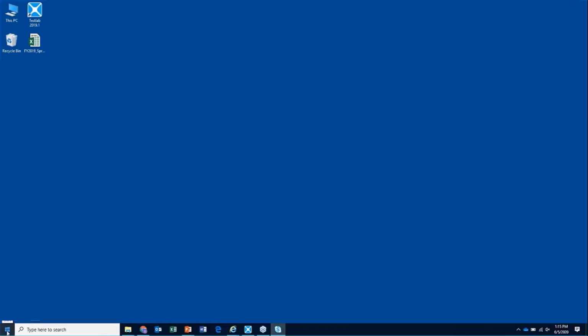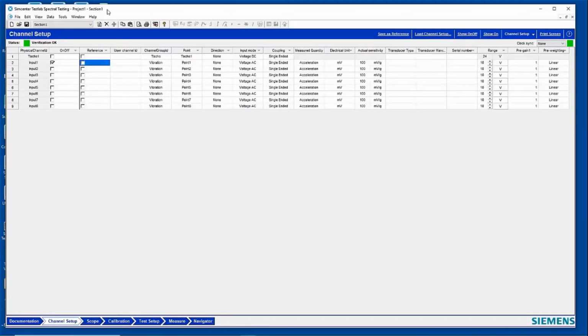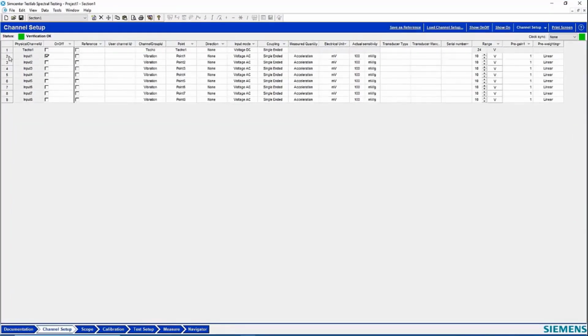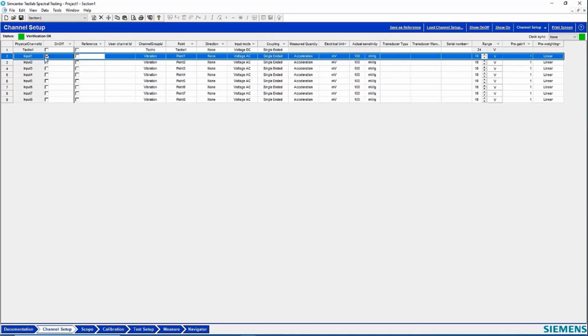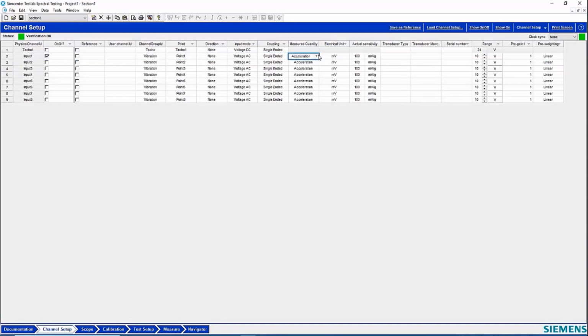So that's physically what I have set up. I also have our software up here. This piece of software is called Spectral Testing. You can see the first data channel is turned on. It's set to vibration, but I can come in here and say, I don't want to measure acceleration. We'll measure the voltage coming in from this signal. So I'll pick voltage here in volts, 1 volt per volt. I won't even distort the volts or anything like that.